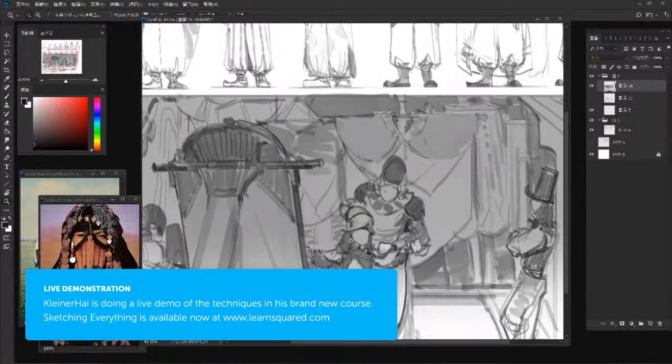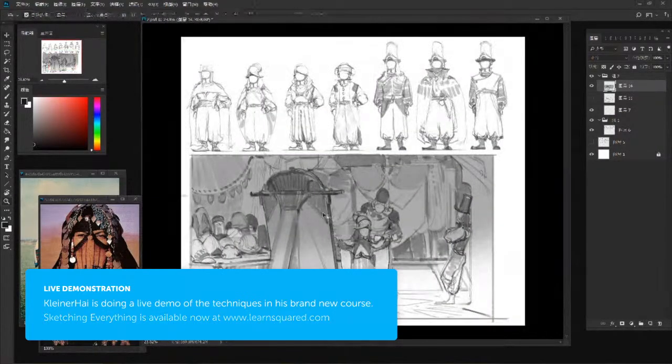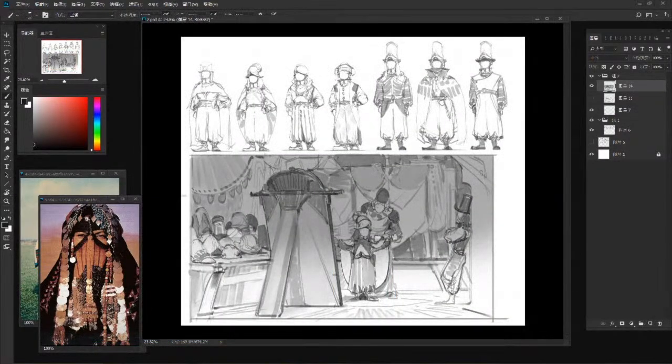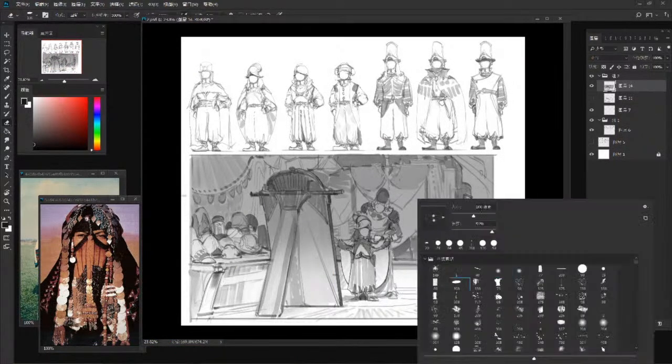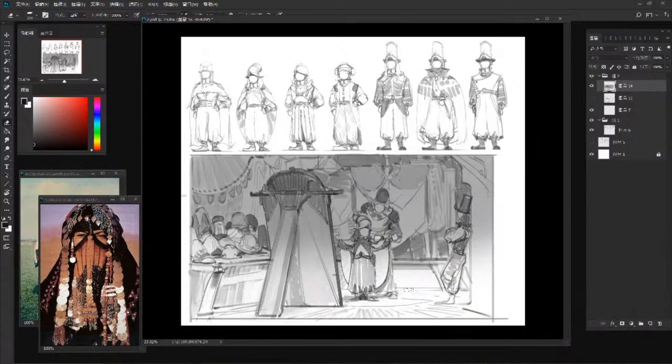And obviously there are many amazing courses that we've done, but the thing that's beautiful about sketching is that it's so accessible to literally anyone. And that is something we talk about in the course as well: Kleiner uses Photoshop to do his sketches, as you can see, but you can still take the course using a pen and paper or a pencil and paper and follow along with these lessons.